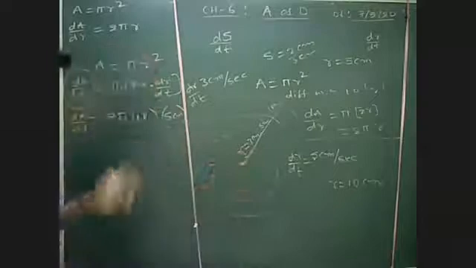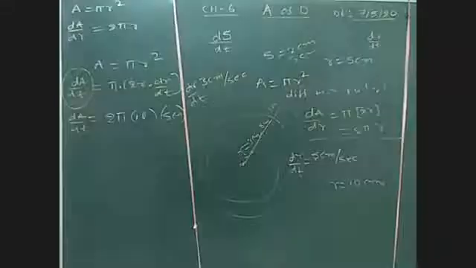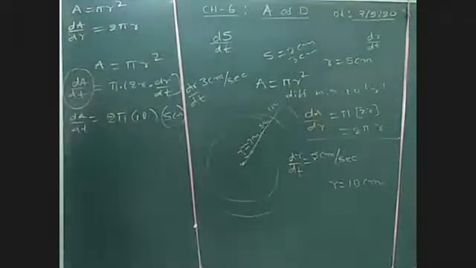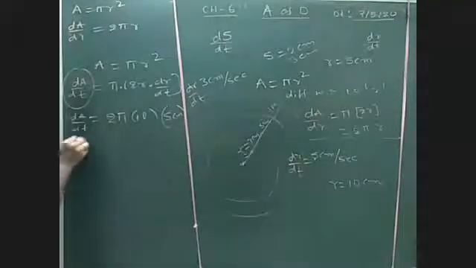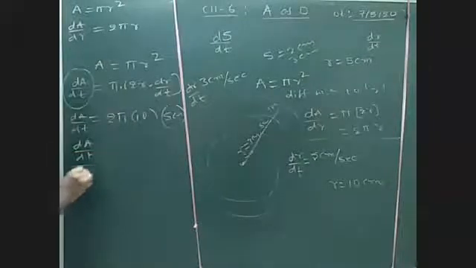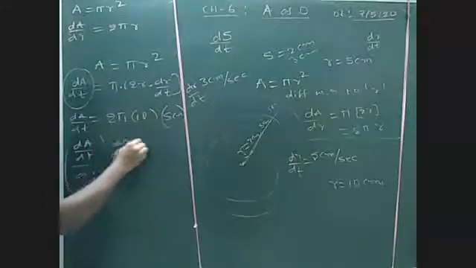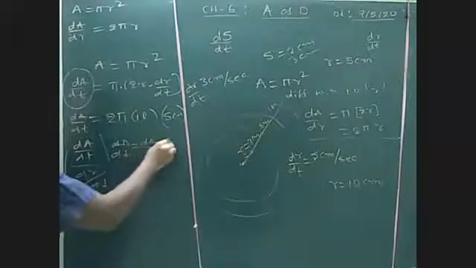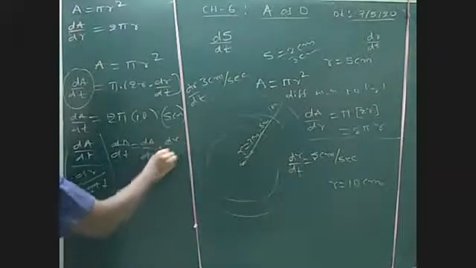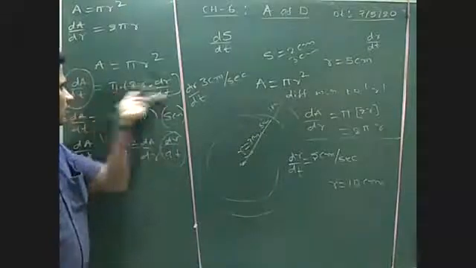Can we do this question like we do with parameters, sir? dA by dt by dr by dt will become dA by dr, no, sir? Absolutely. So dA by dt, if I take dr by dt to the left side, finally it will become that. Even if you write dA by dt, you can write it as dA by dr into dr by dt. We can apply the chain rule. Here also we are applying the chain rule. This is called the chain rule.